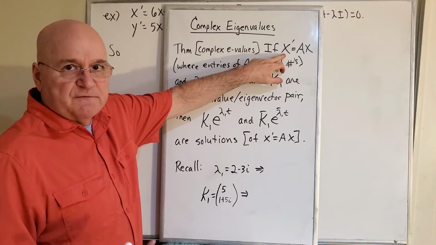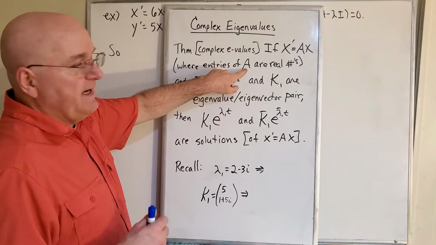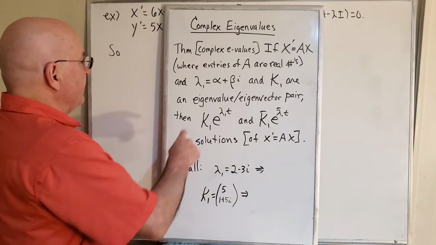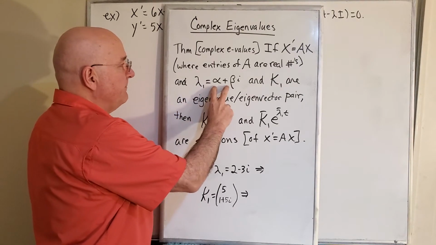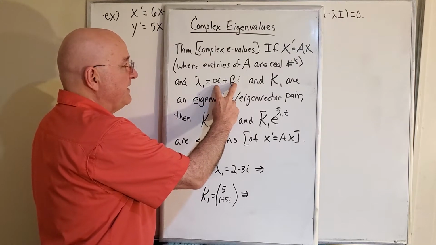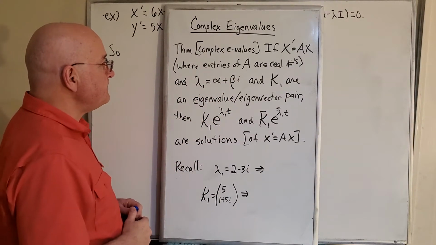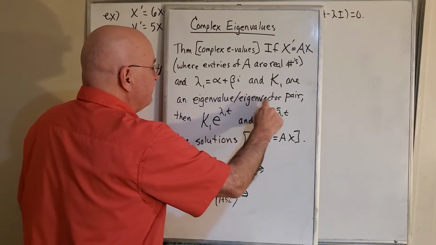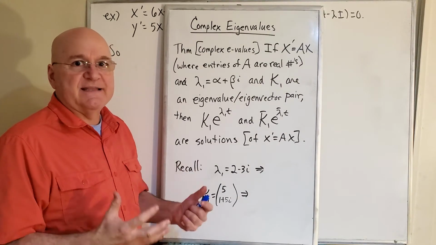If this system of differential equations, where all of the entries of A are real numbers, as they have been for all of our examples, and lambda 1, our first eigenvalue, is a complex number, alpha plus beta i, where alpha and beta are real numbers, so that's a standard form for a complex number, and lambda 1 and k1 are an eigenvalue-eigenvector pair. If we get that,